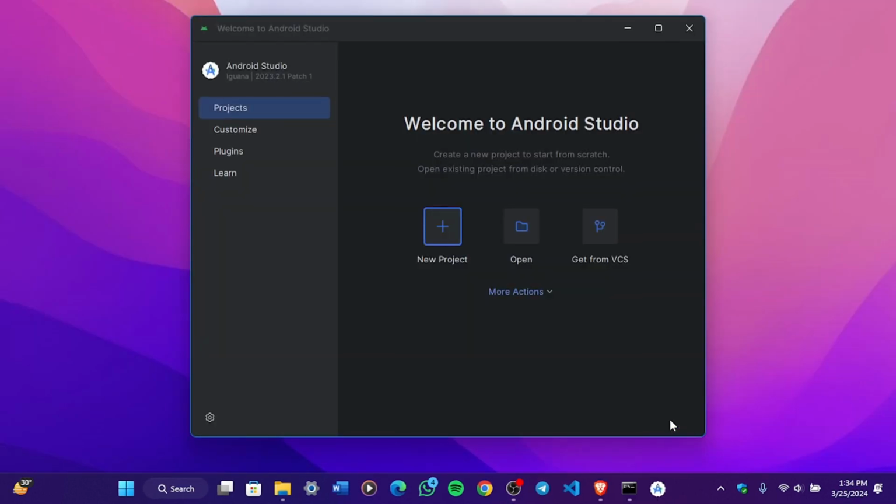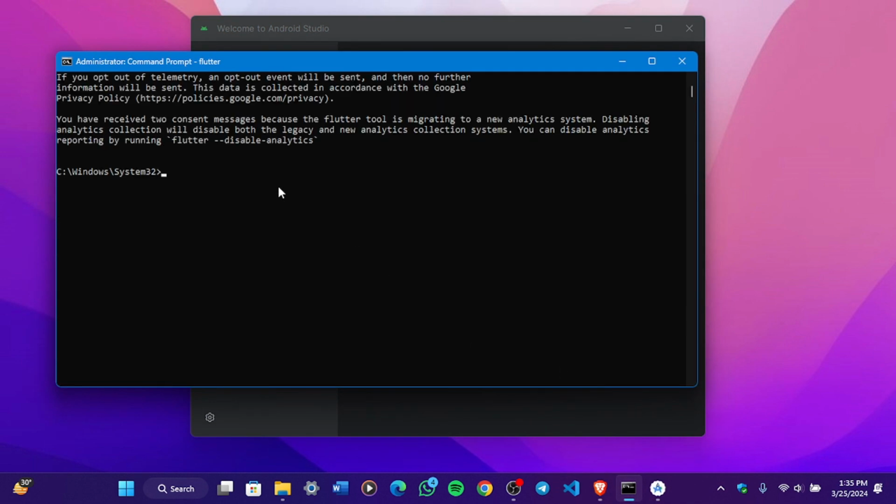After it successfully completes, it opens the Android Studio welcome screen. There are options for new projects, but before that, we are going to set up further. Opening the command prompt. Now run the command flutter doctor. It will give the details of Flutter's information and setup, which will give you feedback about what we have installed and what we still have to install to run